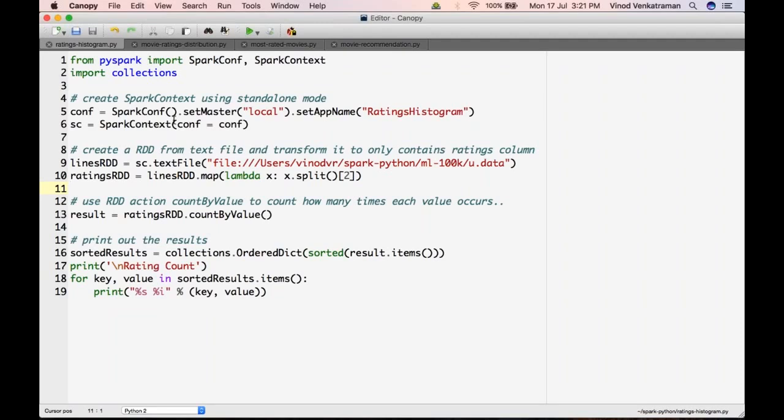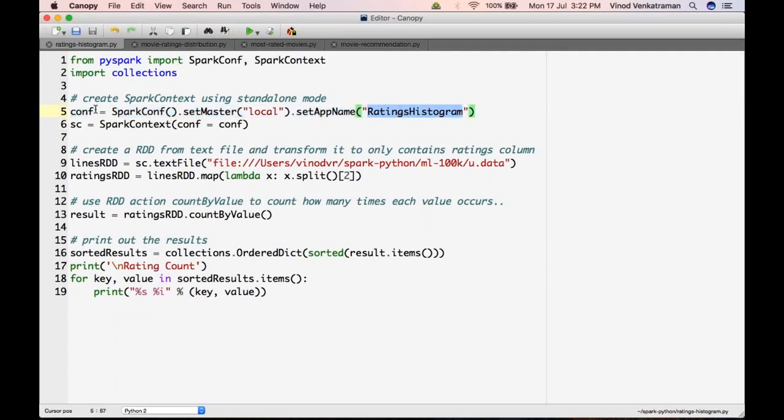In Spark, the main interface that I told you about is the RDD. To create a Spark RDD, you first need a Spark configuration. The Spark configuration is essentially where you tell where the Spark cluster is located, whether it is on your local machine, at some URI, or on a set of machines deployed on EC2. This is what I'm doing in this line. I am telling Spark that I'm going to use my local machine, and you can set a name for the program that we're going to run, and I've named it ratings